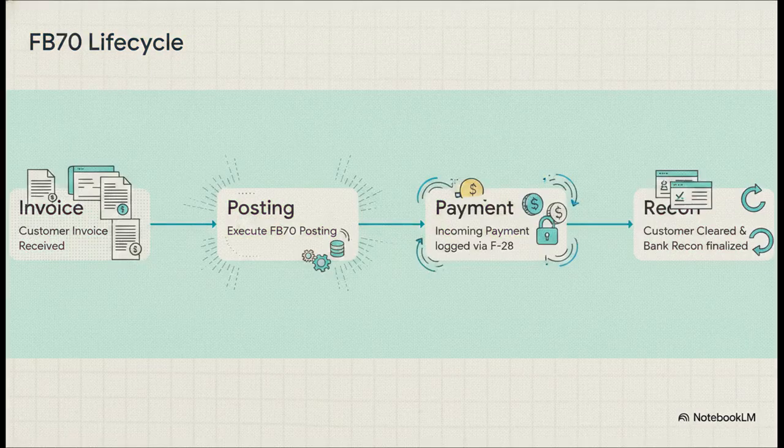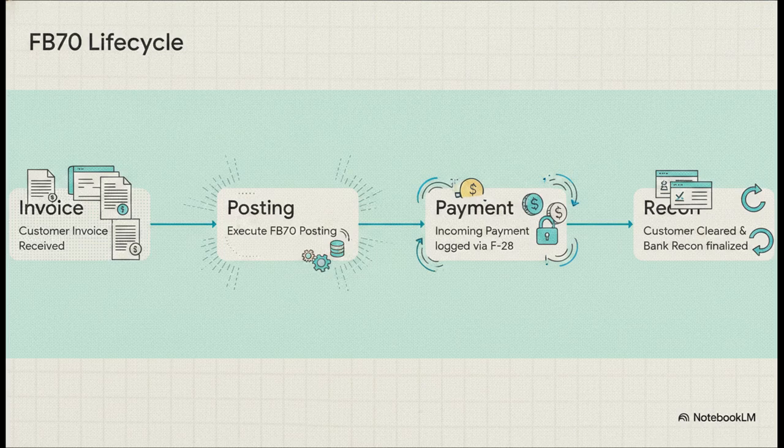Now, the accounts receivable side definitely mirrors that journey, but with slightly different tools. Step 1, you start with the customer invoice. Step 2, you hit FB70. Step 3, that generates your customer open item. But here's where it pivots a bit at Step 4. You actually use transaction F-28 to manually log that incoming payment from your customer. Then in Step 5, once that cash is registered, the customer is cleared out and you move right along into